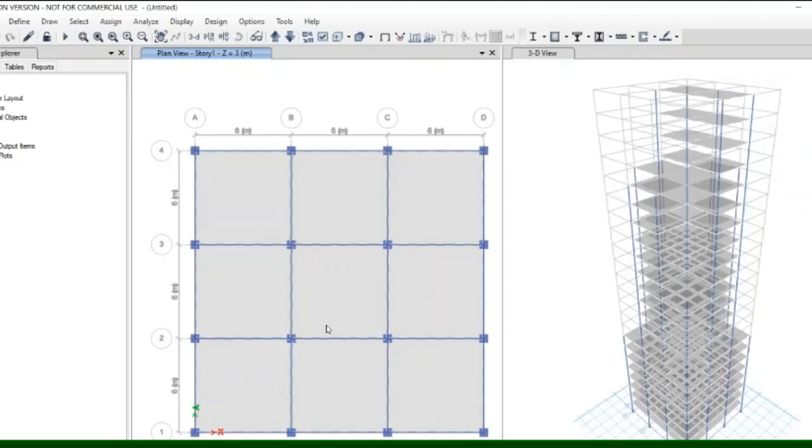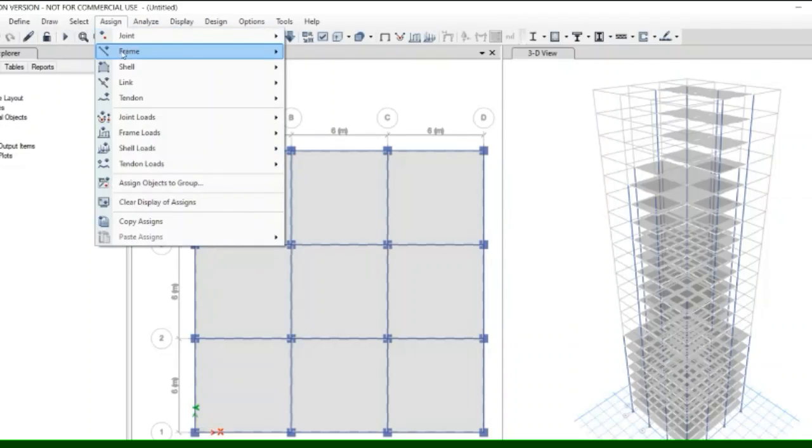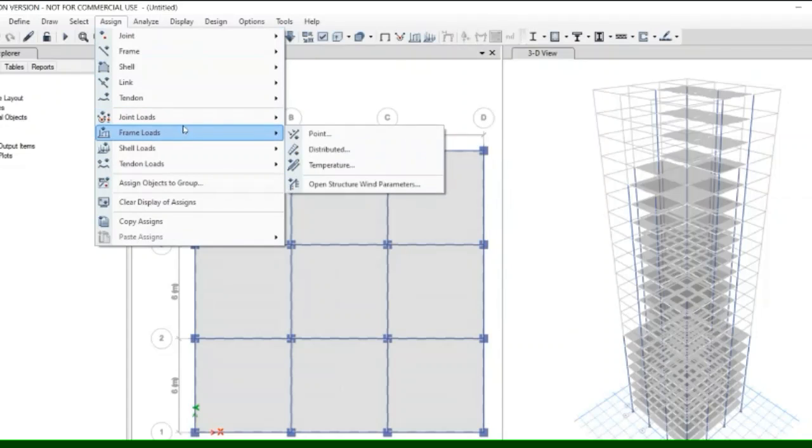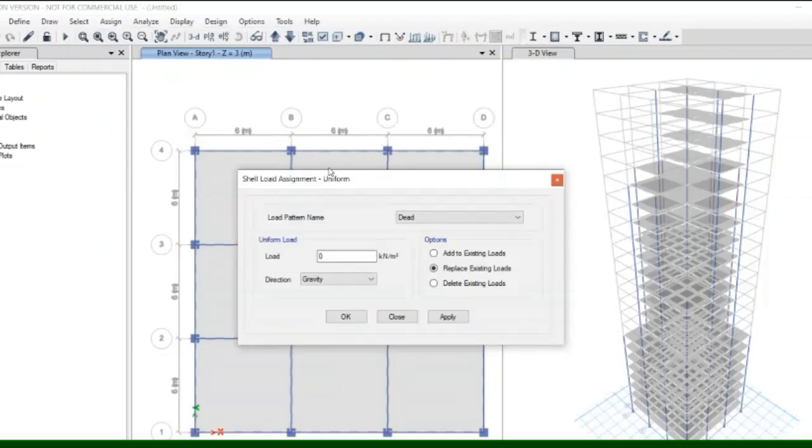Select all the floors for applying the load. Go to shell load uniform and apply the dead load of 2 kN per meter square as given in the question.